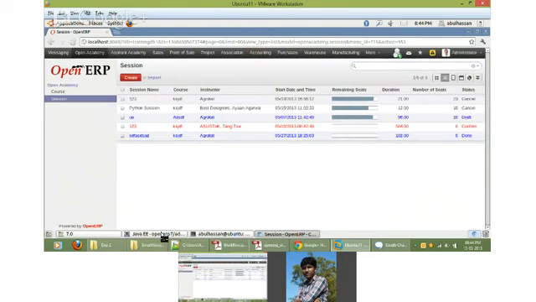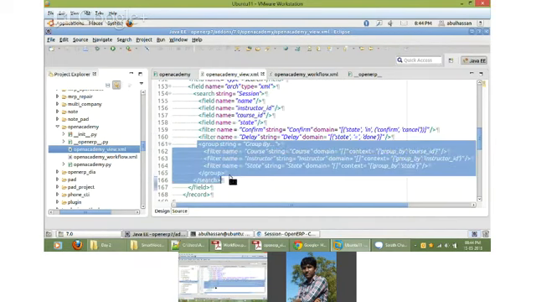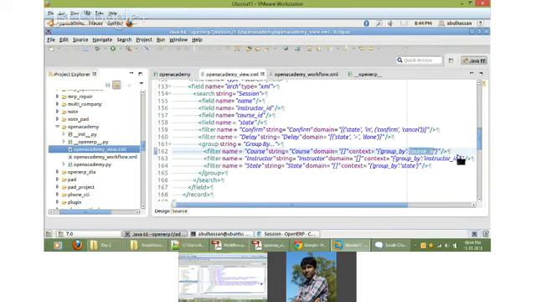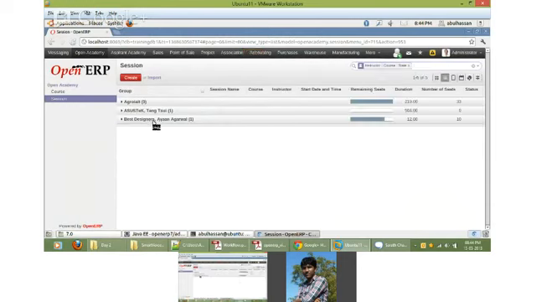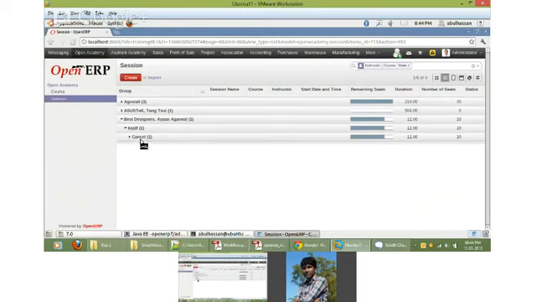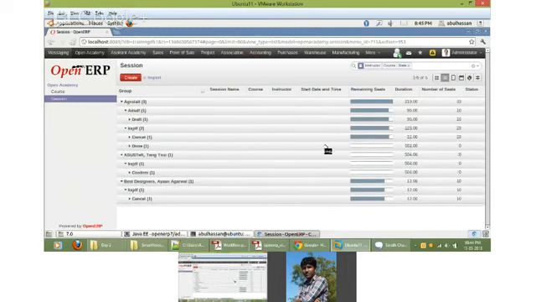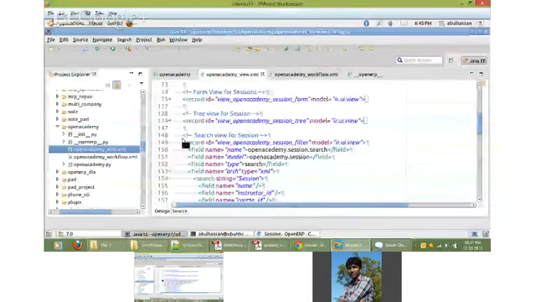Typically in group by there are three filters. I'm going to give group by separately. So again you use the filter, but here there is no domain, you have to give context. Group by course ID, instructor ID, and state. See, there are three different ones. First it groups by instructor, within that course name, and then status is cancelled. Three different views. Okay, this is the search view.